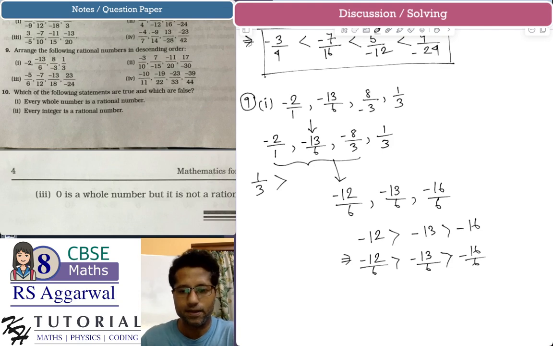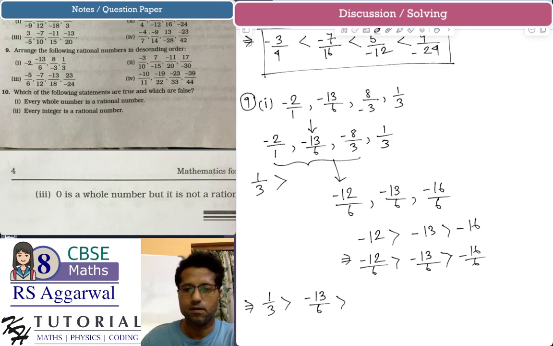Finally, the ordering of the given rational numbers in descending order will be: 1 by 3 is the largest one, then minus 12 by 6, where the original rational number was minus 13 by 6, then minus 13 by 6, and the original rational number was